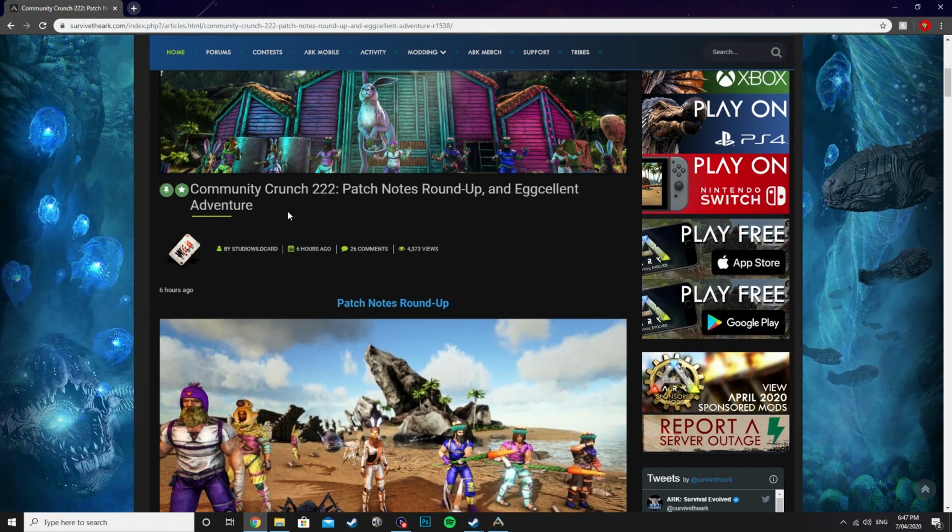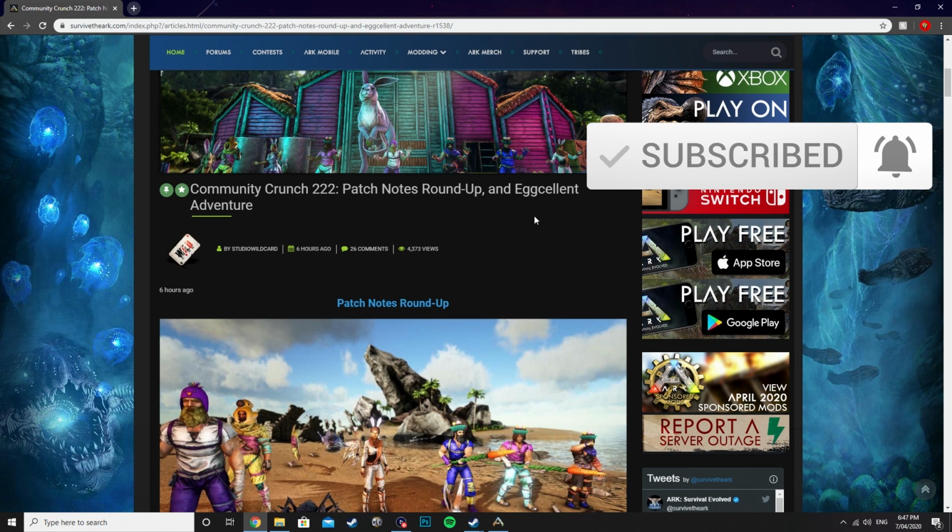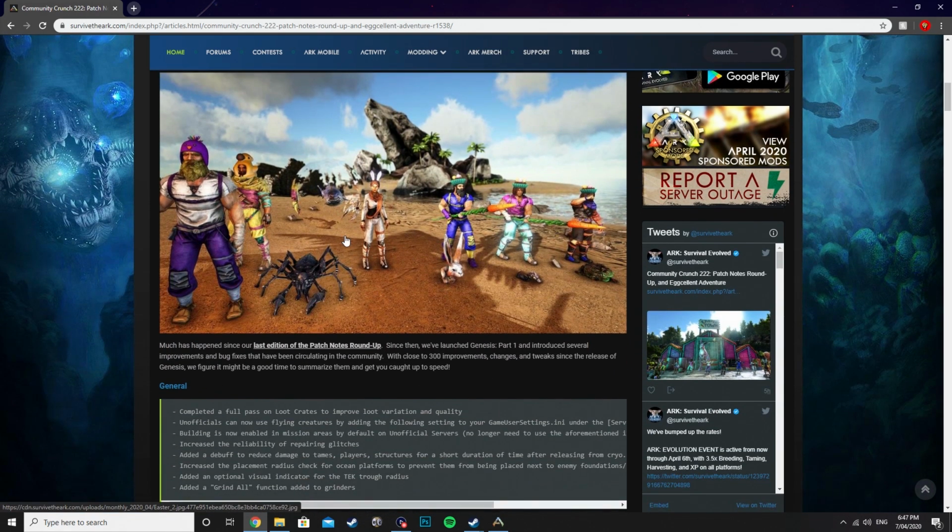And today, guys, we're going over the Community Crunch, which is a bunch of patch notes. There are tons. And they briefly go over the Excellent Adventure. And straight off the bat, off the